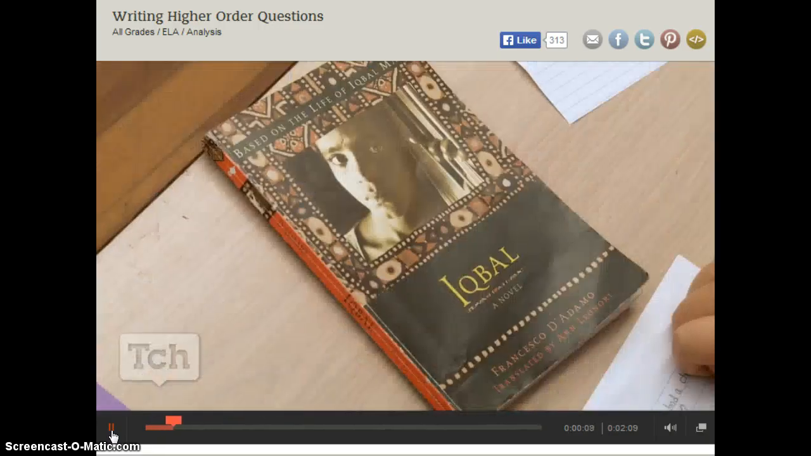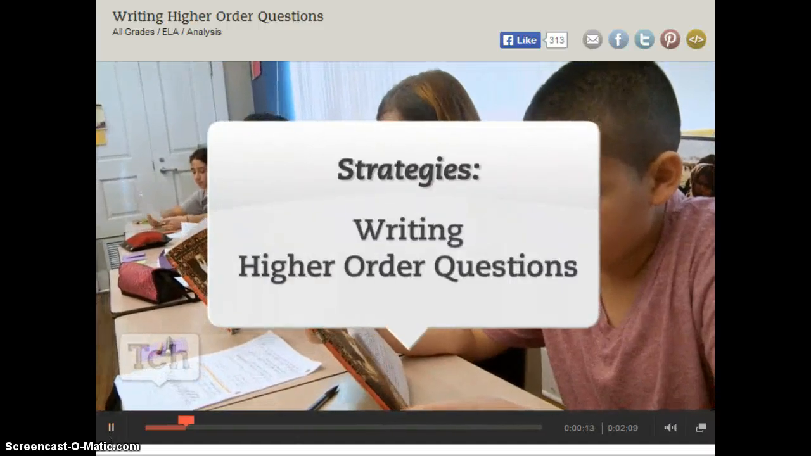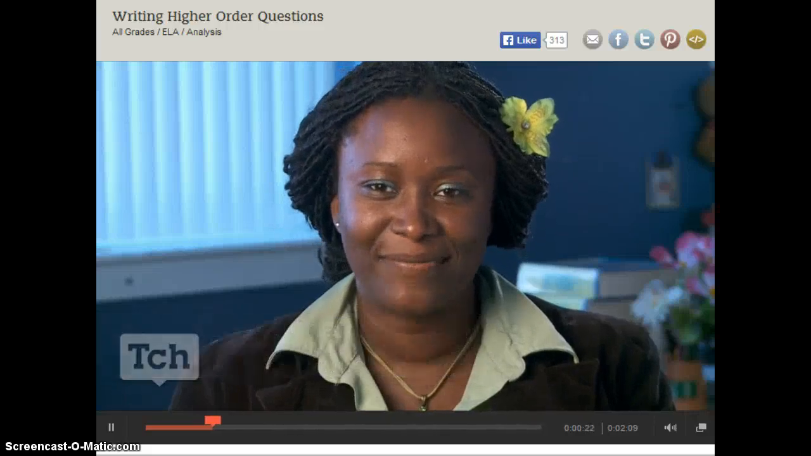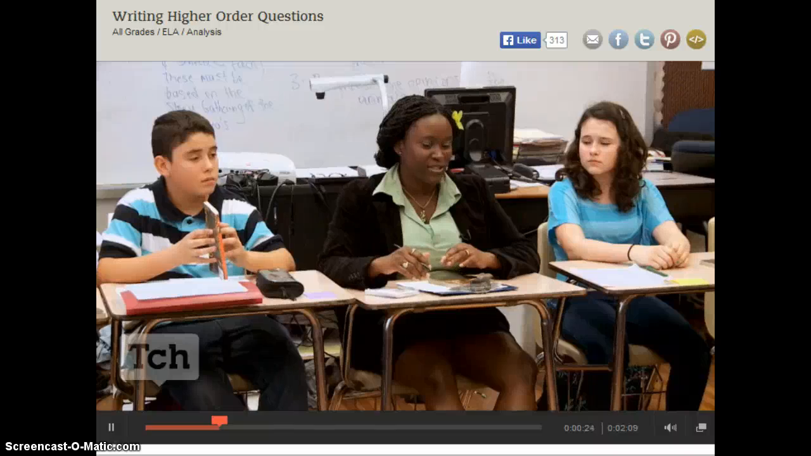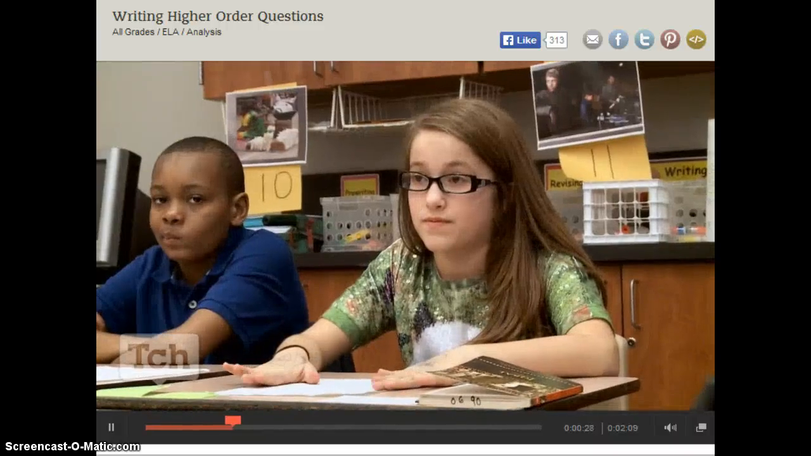Read a few chapters in Iqbal, and we started to look at questions that we could ask to have a deeper understanding of the text. There are several strategies that I use to help my students formulate higher order questions. You had the opportunity to choose between the Freire model, Costa's levels of questions, making observations based on the text,